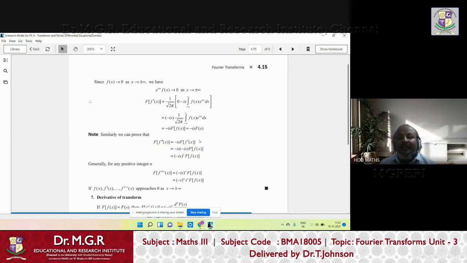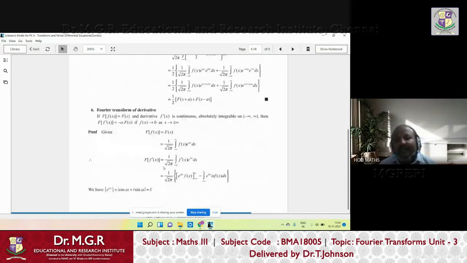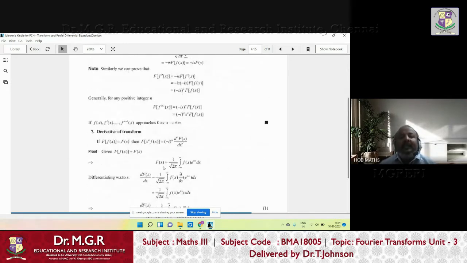This property is called the Fourier transform of derivatives. Originally it is not derivative, it is derivatives, right? So now we are able to understand the Fourier transform of derivatives. The derivatives may be anything. It may be f or f dash or anything, but the only thing is we have to assume that it approaches zero as x tends to plus or minus infinity. Only this assumption is enough, as well as the absolutely integrable assumption. Using these two assumptions, we can prove this. But you may ask, sir, where is absolutely integrable? We are not using it here, but it is there inside. But anyway, at your level, detailed proof is not necessary. This itself is more than sufficient.